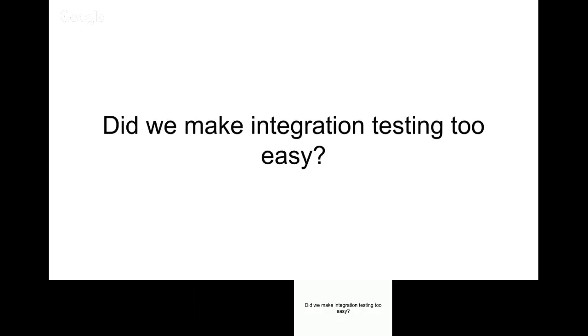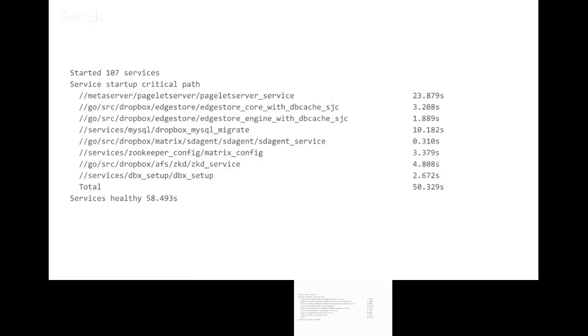So, some fun statistics. Following Bazel, we have our service controller compute the critical path of service startup. Here's an example of a particularly large service target that we have. You can see it took 58 seconds to start up all the services for this target. That's 58 seconds before a test would even begin doing anything useful. You can see there are many targets using more than 1 second to become healthy in this critical path, and we ended up starting 107 services